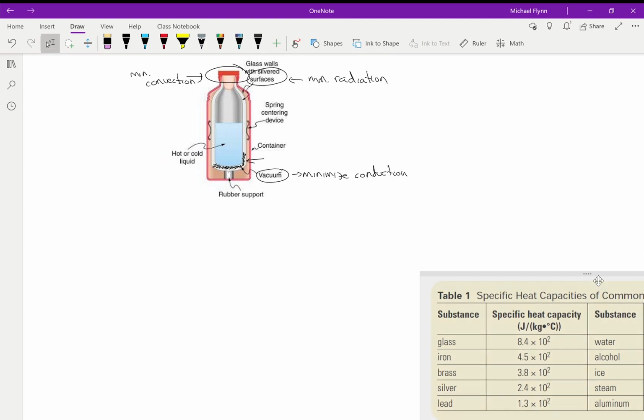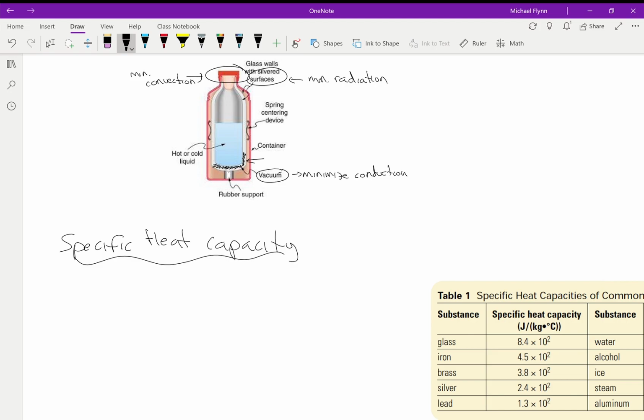Now let's talk about something not completely new, but something related to all of this called specific heat capacity. Okay, and we're going to finish the lesson with this. I'm just going to define this for you. The definition of this: it's the amount of heat necessary